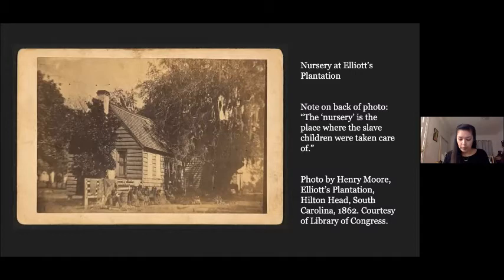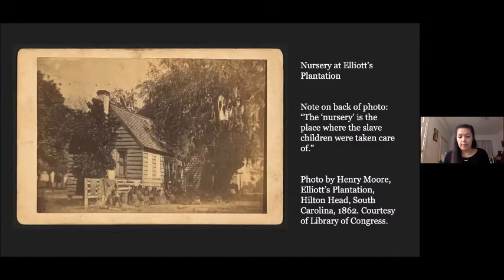In his book, A Journey in the Seaboard Slave States, with remarks on their economy, architect Frederick Law Olmsted visits a rice plantation in South Carolina. He describes the nursery there as a cabin with a veranda located next to the overseer's house. Olmsted surmises that there are around 27 children there, most of them infants, watched by an enslaved nurse. In addition to the elderly nurse, a number of girls, 8 or 10 years old, were occupied in holding and